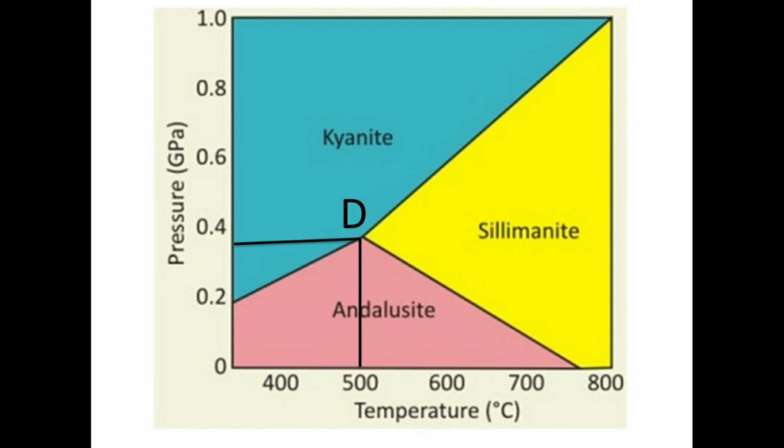Now you must have seen that in igneous we have a reduced phase rule, that is P plus F equal to C plus 1, and the reason is that we have isobaric condition there, that is we operate the reactions at a constant pressure. So there is only one variable, that is temperature. That's why the phase rule is changed to P plus F equal to C plus 1. But in metamorphic there is no such case, and we use the general phase rule, that is P plus F equal to C plus 2.